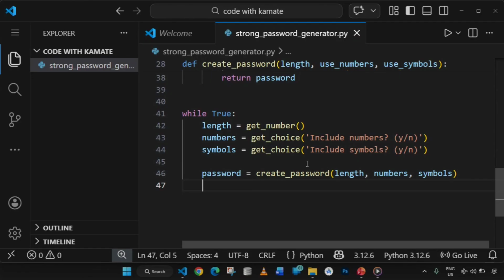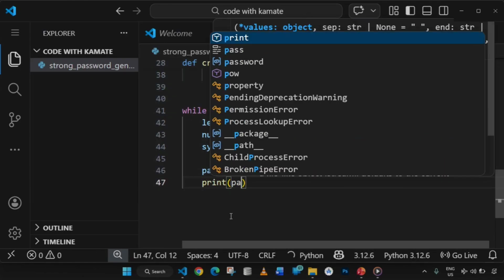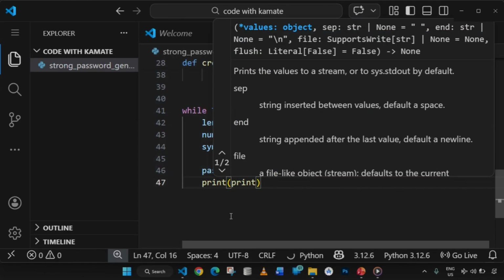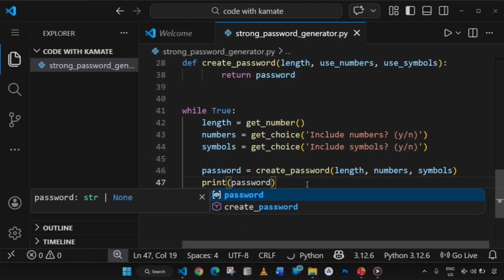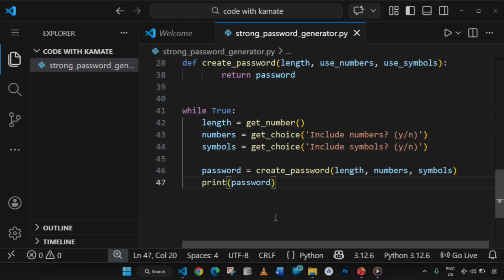It means that our password that is generated is always stored in this variable. So if we print password like this and we run our program,